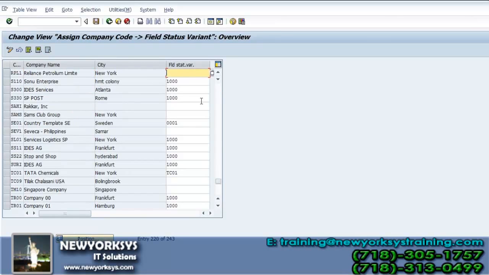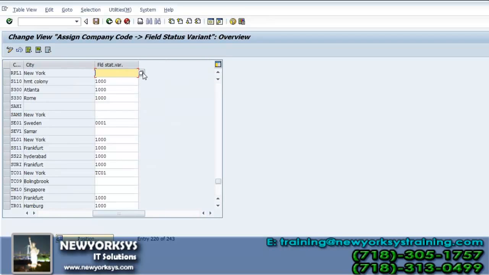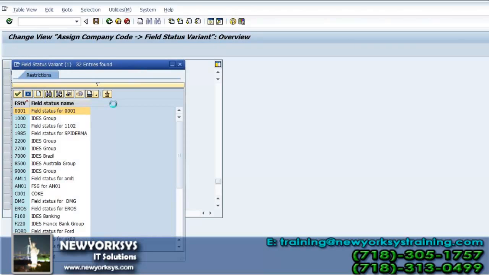Here, assign the field status variant. If I give a different name, I need to remember that, or I need to search from the drop-down box. Here, this is a drop-down menu. I can select this one and then give a search command, and then I can go further.